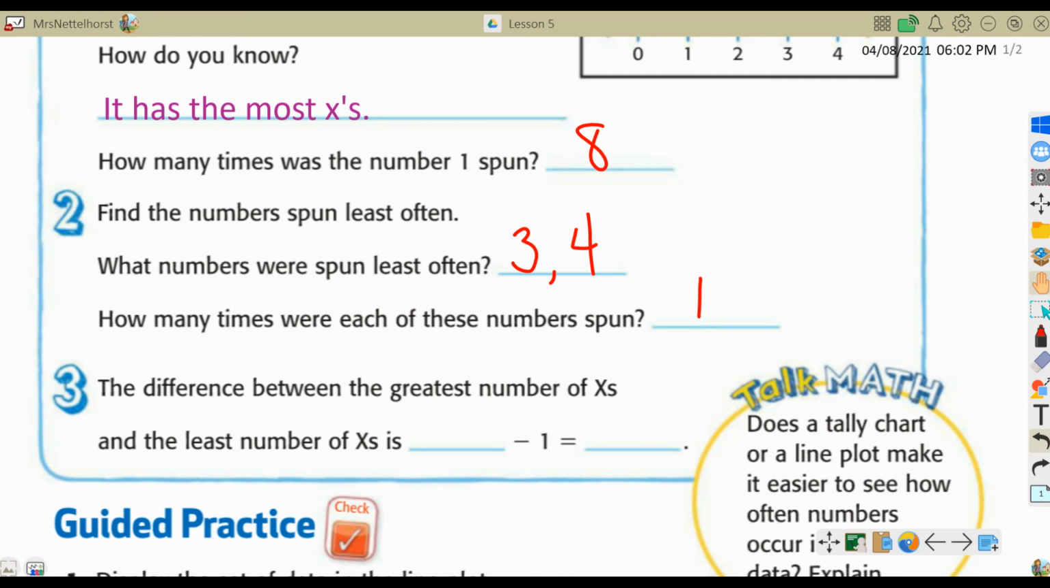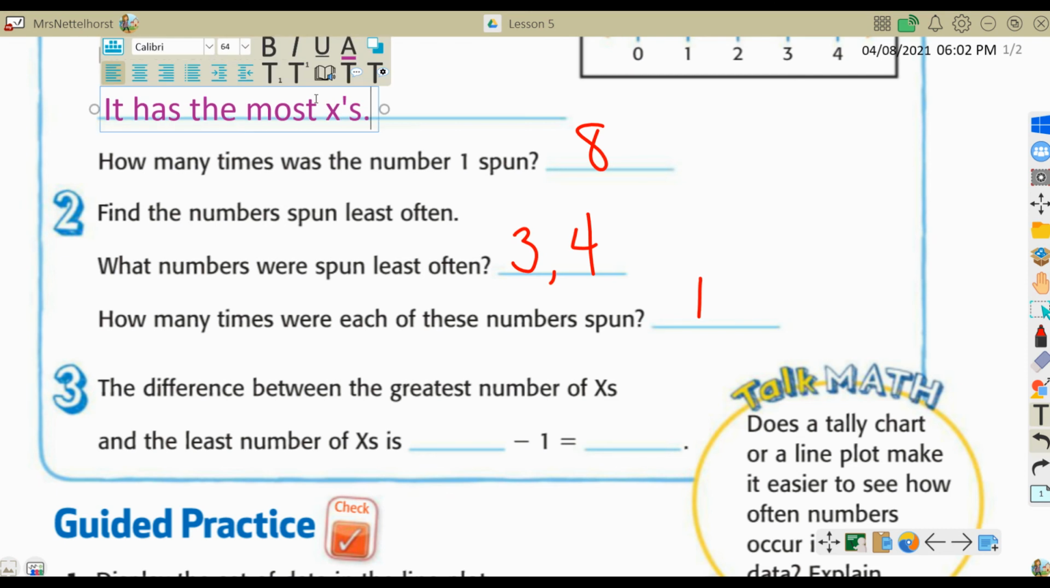Okay, the difference between the greatest number of x's and the least number of x's is, okay, now they didn't have to put an apostrophe because they put a capital X. So let me fix this so you can see that. With the lowercase x, it would look weird. So that's why I added the apostrophe to it, because it looks like just XS. So if I do this capital, there we go. Now it's x's. It has the most x's. That works. Okay, so the difference between the greatest number of x's